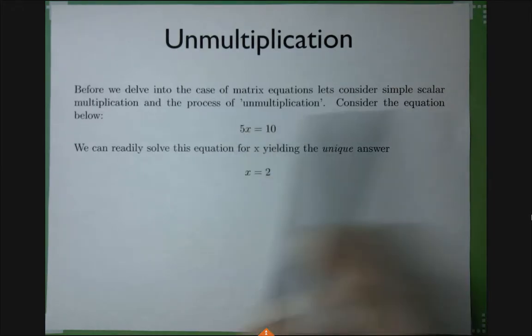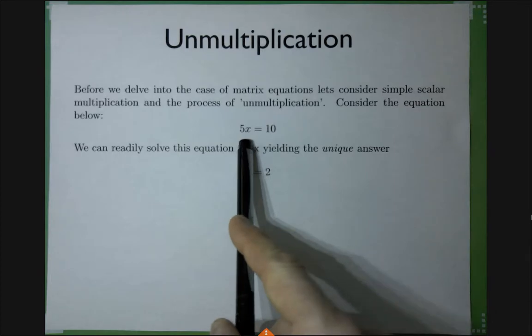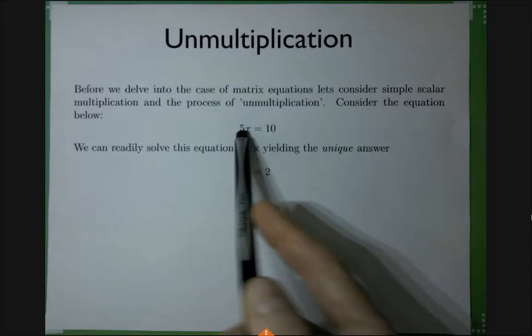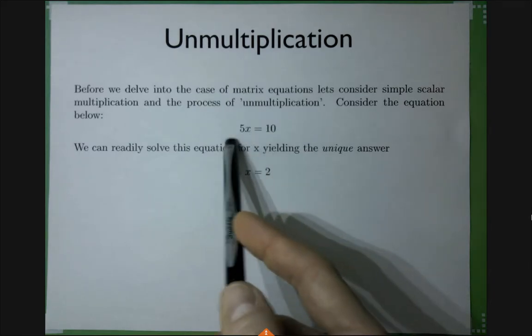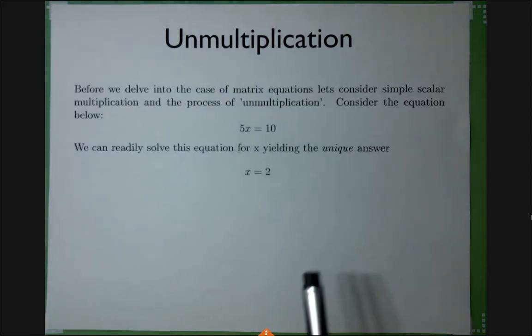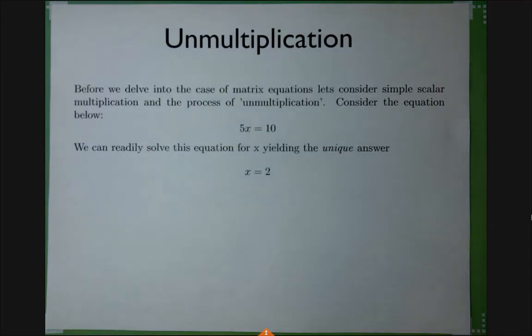So we have an equation, it's really dumb, just one unknown, that's the x, right? And we have to solve for how much the x is. So basically, what do we need to multiply 5 with so we get 10? That's unmultiplication, right? And here it's really dumb. It's like a kindergarten type of problem, right? So of course it's 2.